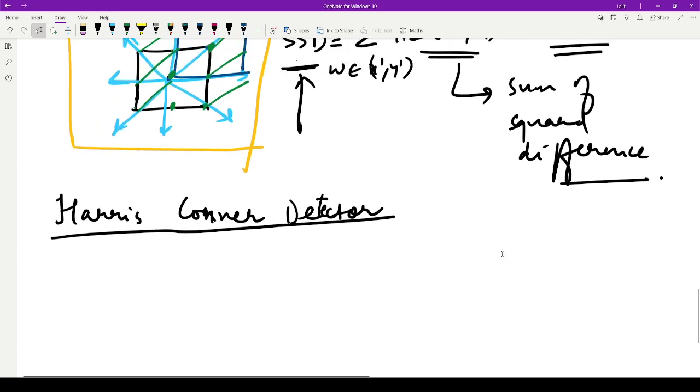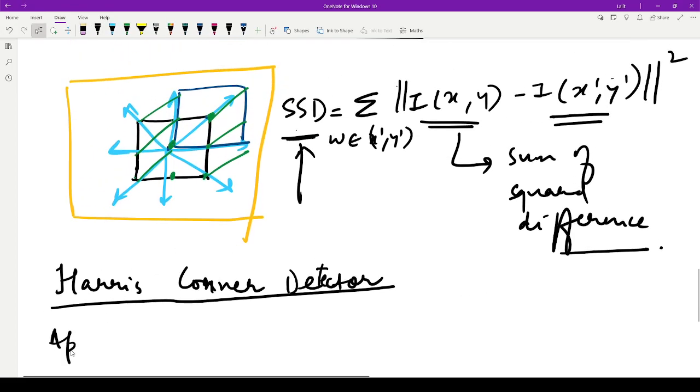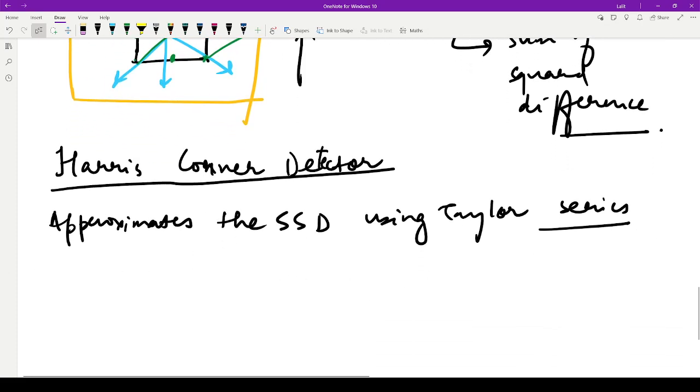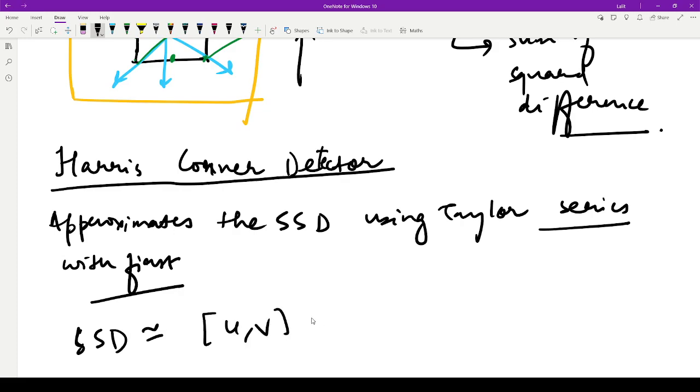This approximates the SSD using Taylor series. So once you approximate the sum of square differences using Taylor series, you get an approximation with first order. So once you do that, what you get is an expression like this. Your SSD is nearly equivalent to this expression,